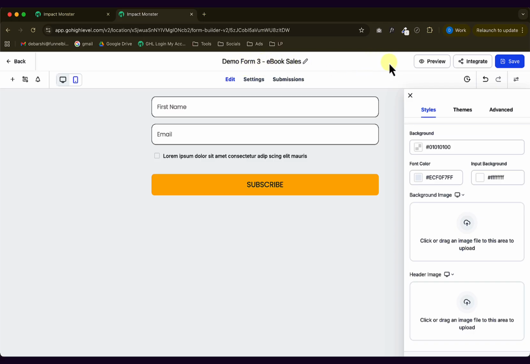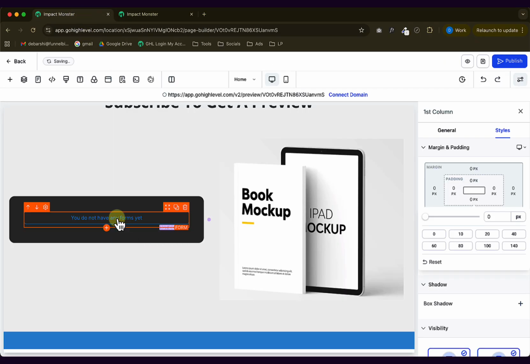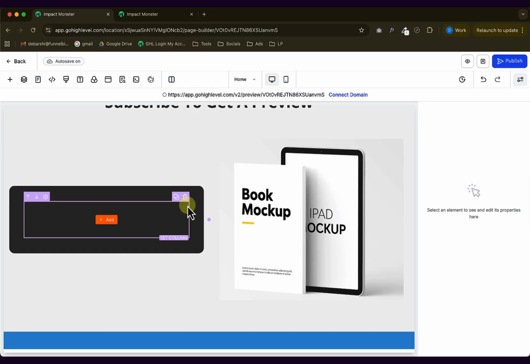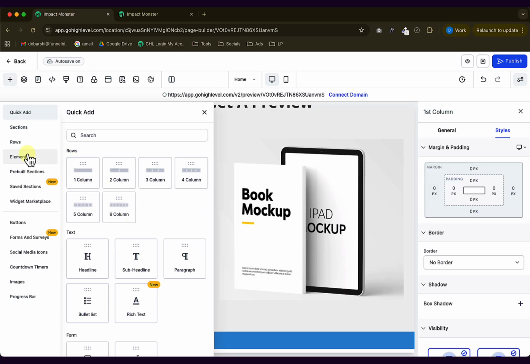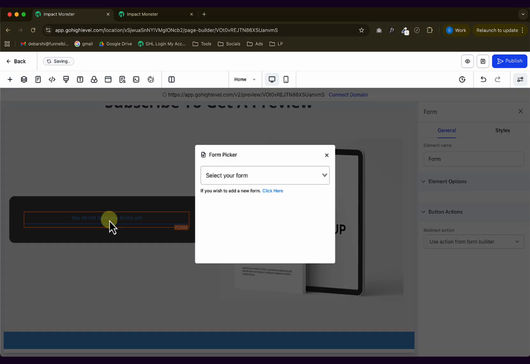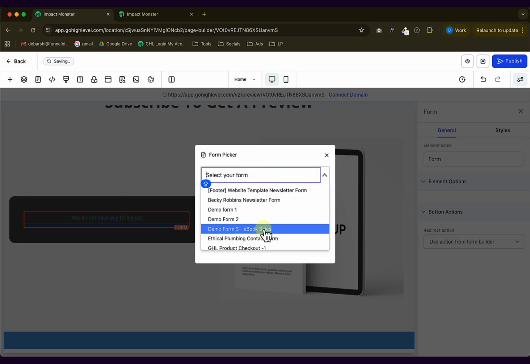Finally, let's add this form that we created here. This is the minimalistic form that we created. So I'm going to integrate this form onto the GHL page builder. So I'll click here. Okay, let me delete this form element and add a new one. For some reason, it is not showing me the pop-up to select the form. So I'm going to delete this, add a new form element, and we'll go to the elements panel and then drag the form element here. And you now see that there is a pop-up. From here I can select the form that I created. This is the form,